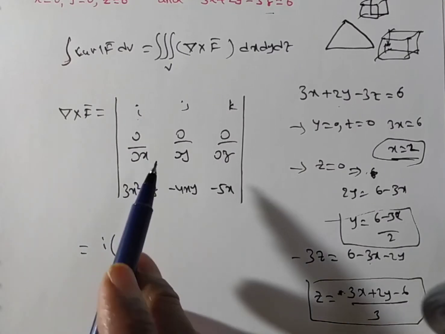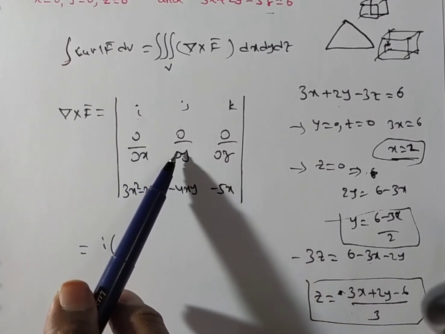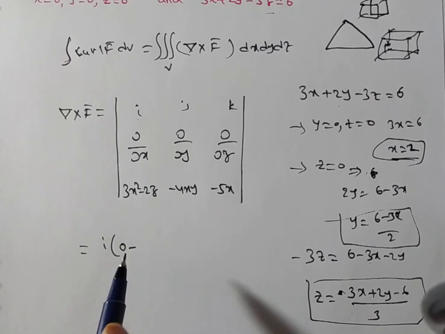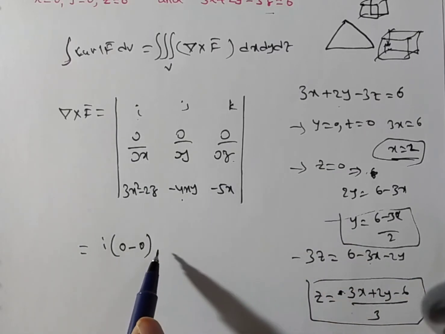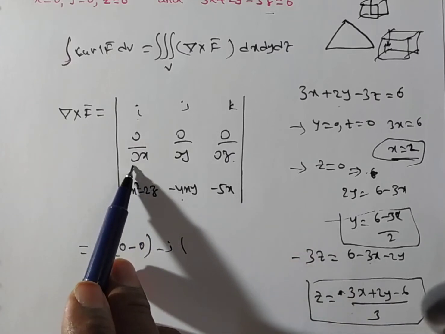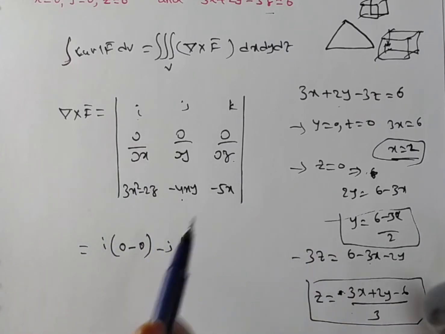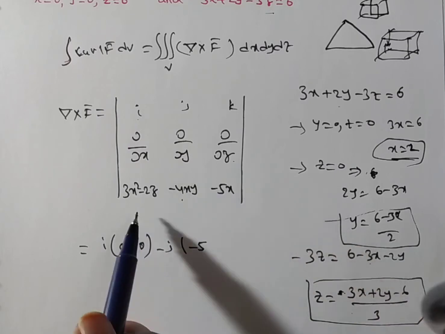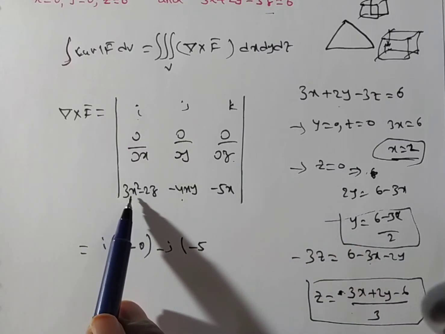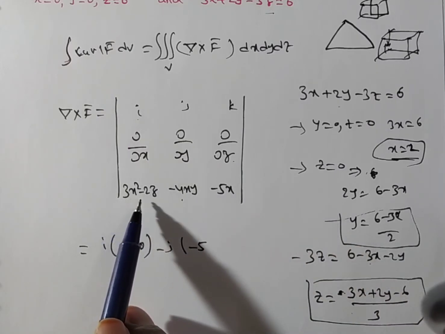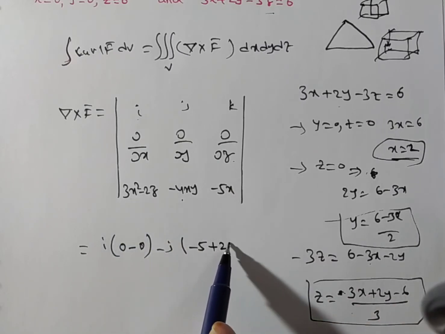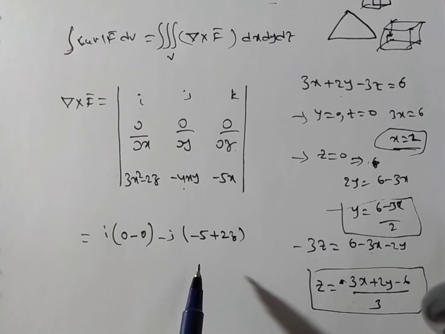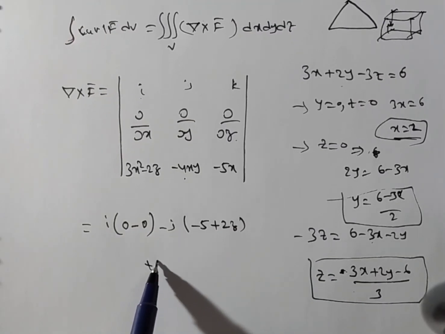Now i times the determinant, you know very well, yes or no? Now, ∂/∂y of f3 is 0, minus ∂/∂z of f2. Is there any z term? No, so it is also 0. Minus j times: ∂/∂x of f3 is nothing but −5, minus ∂/∂z of f1. Here the first part is 0, because it is independent of z. Next, minus, here you have 2z, so minus of minus gives plus 2z. Okay, next plus k times of